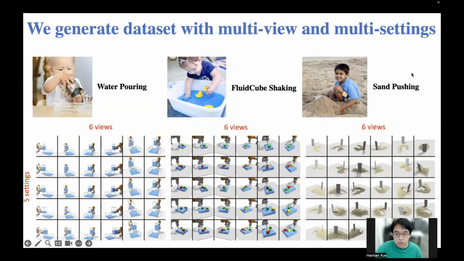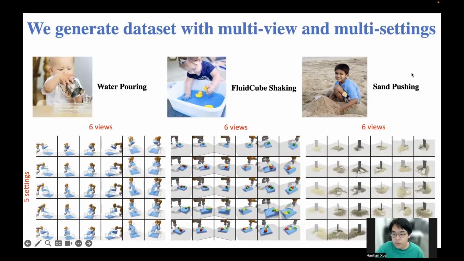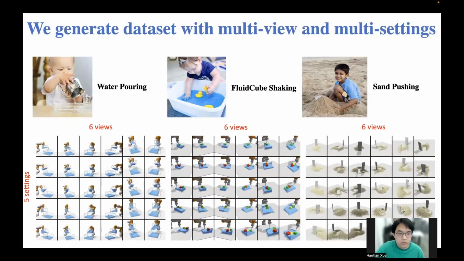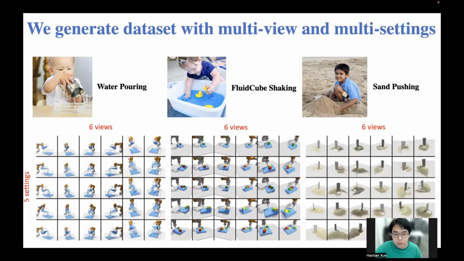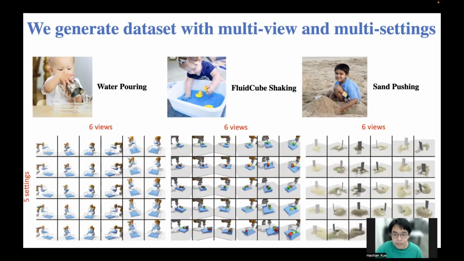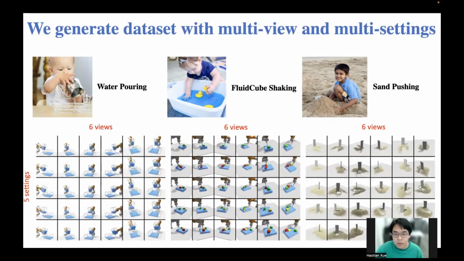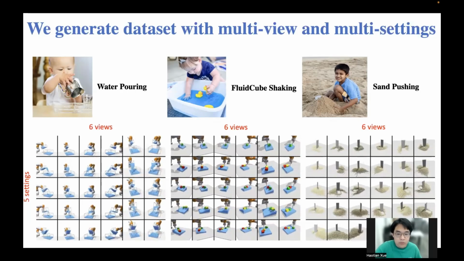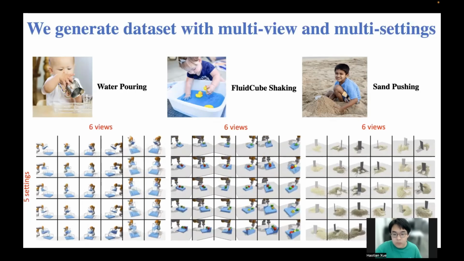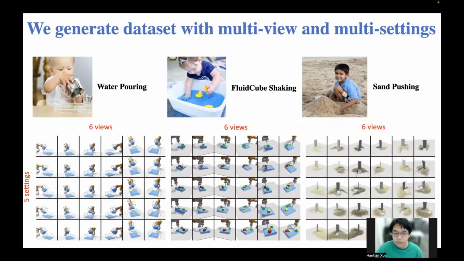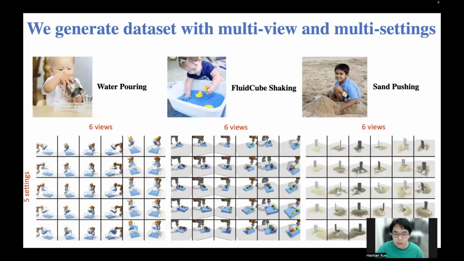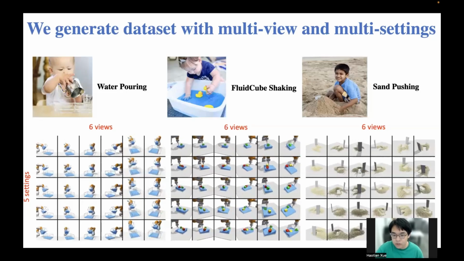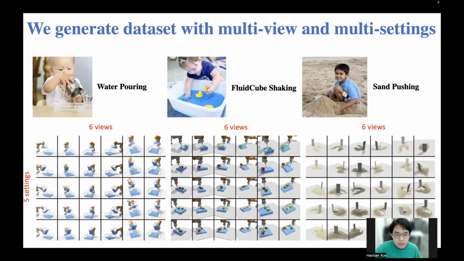Here, we generate three multi-view datasets with different settings, including water pouring, fluid cube shaking, and sand pushing. Each of them actually reflects a common interaction with complex dynamics in the real world. For each of the three environments, we have 6 different camera views and 5 different settings by changing the shape of the container and the amount of the objects in the scene, using which we can test the generalization ability